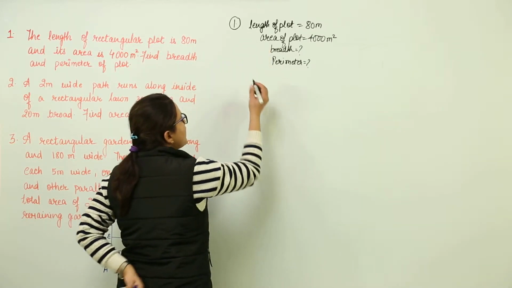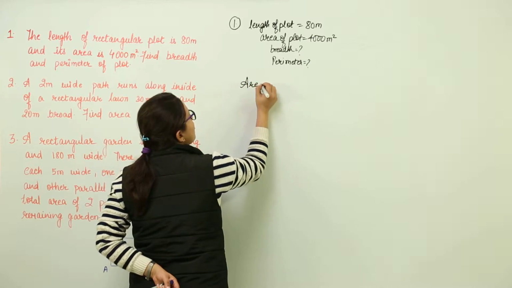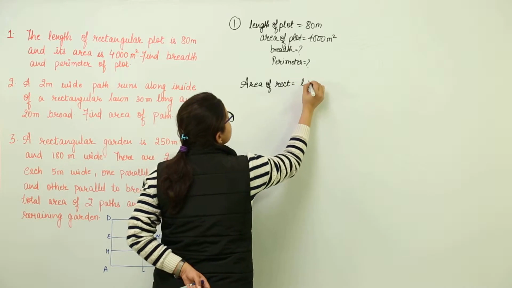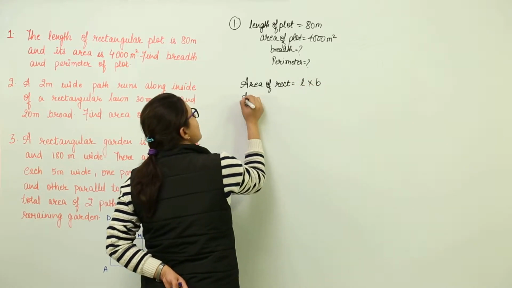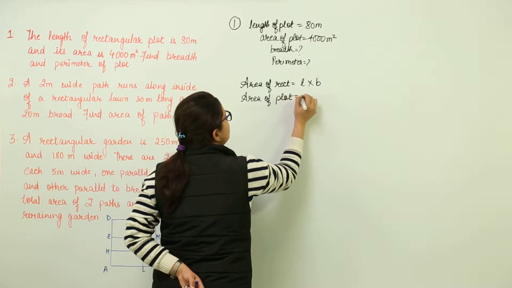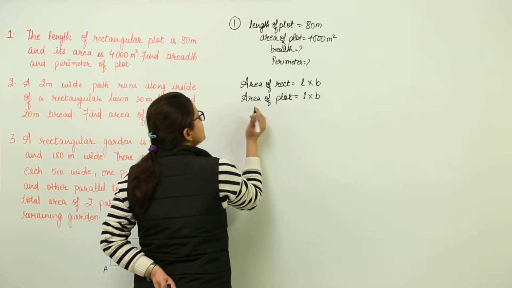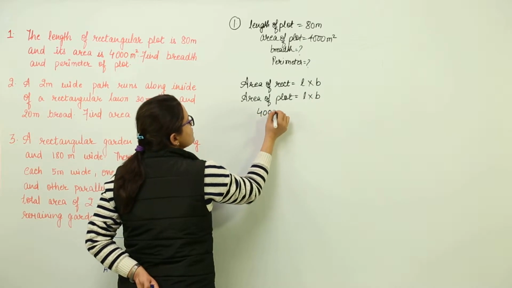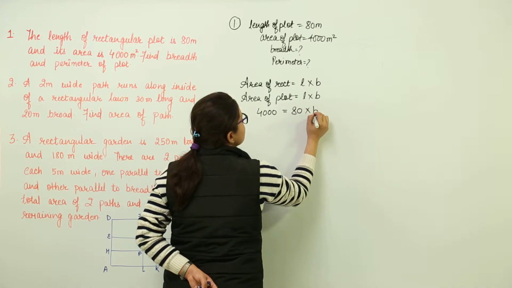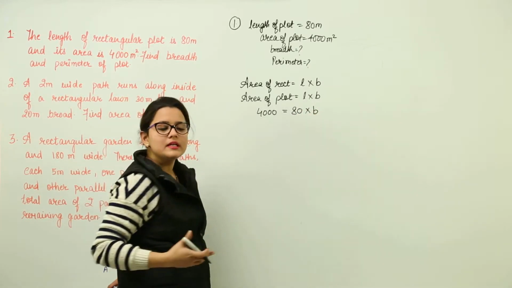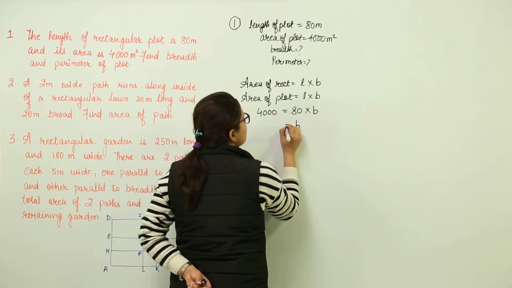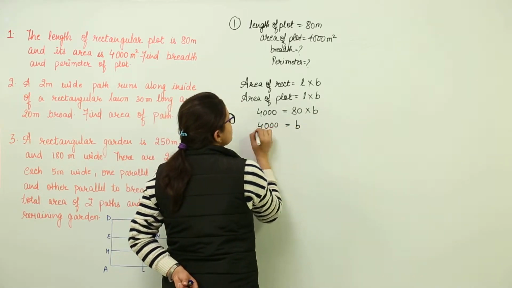Yes, we do have, and which is equal to the formula of area of rectangle, which was length into breadth, because here we have the plot. So we'll write area of plot equal to length into breadth. Now you can see you have been given the area, that is 4000. The length has been given to us as 80 and breadth is to be found. So we have automatically generated a formula for the breadth. Because we have already known how to solve this, we can solve it directly.